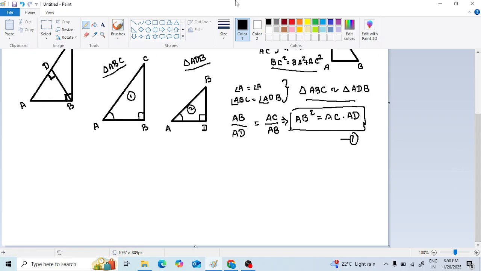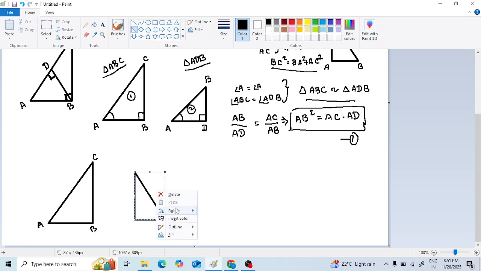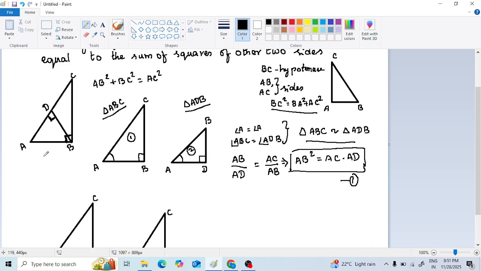Now I take triangle ABC once again. I draw the triangle here, so A, B and C. And then I draw the triangle BDC, so B, D and C. From the first triangle, you see here